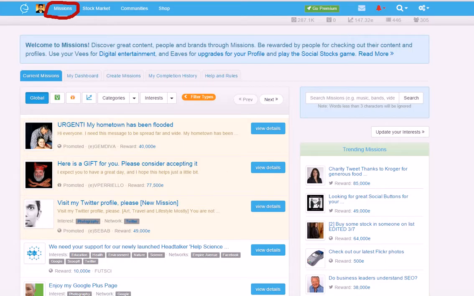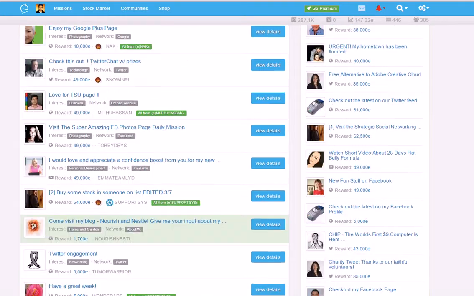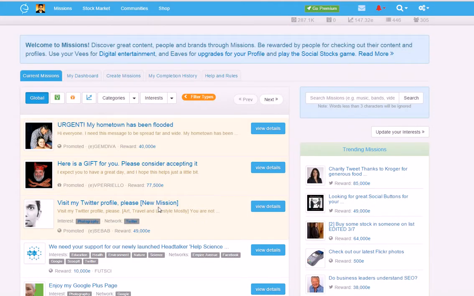So these people's missions, as you can see, you get points for missions by doing two things. You share people's missions. In other words, you get 49,000 for this, 49,000 for this, 64,000 for this, and then you accumulate them, and it'll tell you how many you have up here, and then you can create a mission.